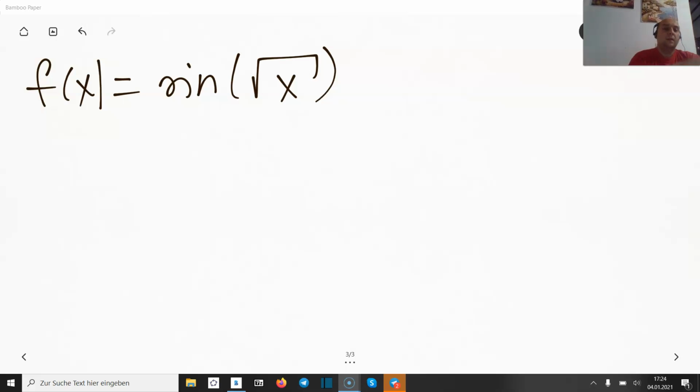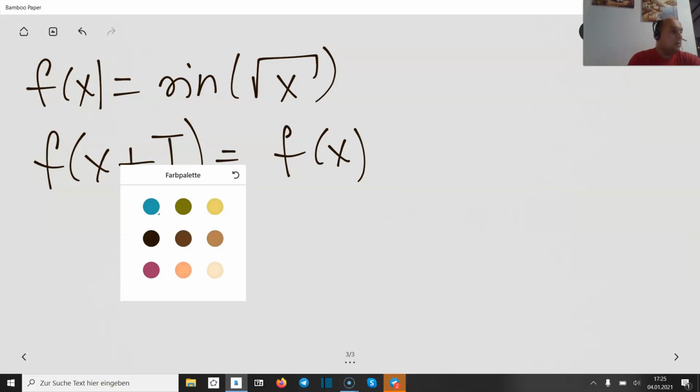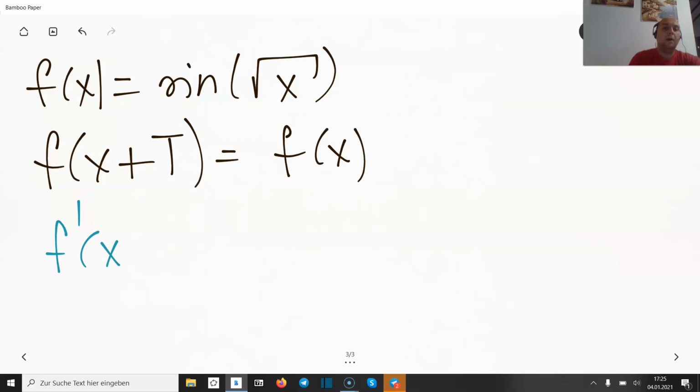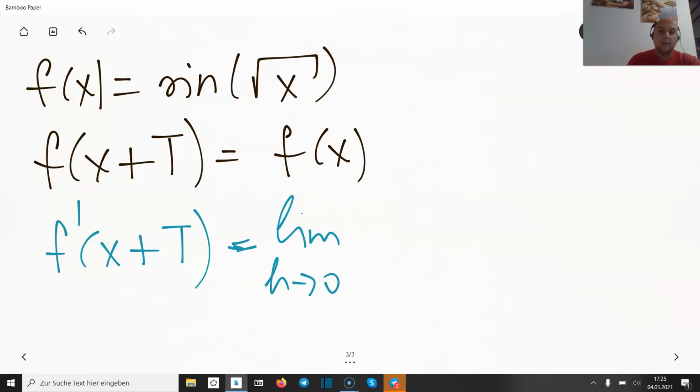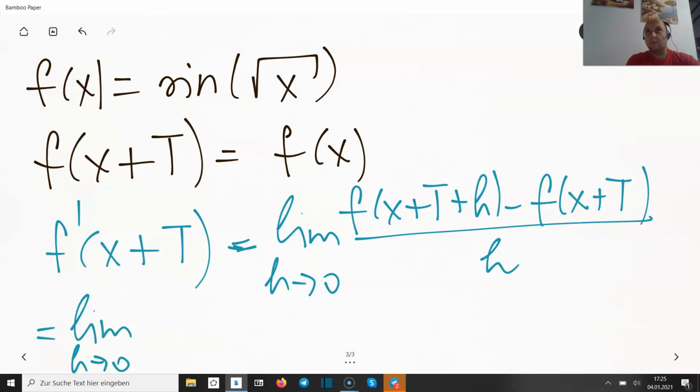Okay, so if the function is periodic, what it means is that f of x plus T, where T is a period, is equal to f of x. Now let's see, if the function is periodic, what could we say about its derivative at x plus T? Well, basically that would be the limit as h goes towards 0 of f of x plus T plus h minus f of x plus T, divided over h, right? So the function itself is periodic, so we can kick the capital T out of the computation. I couldn't have done it for the derivative basically because I do not know the period connection to the derivative yet,